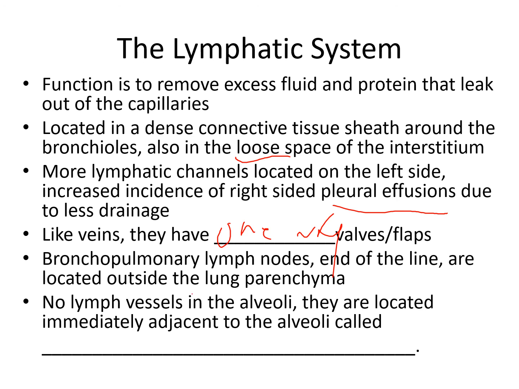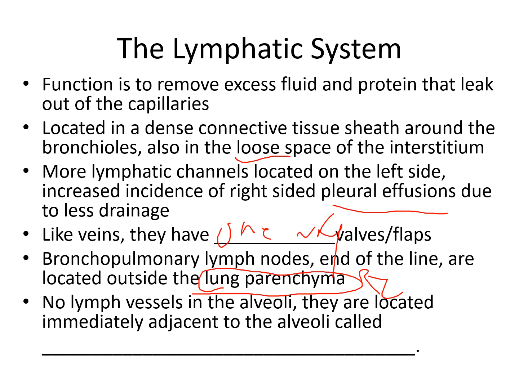Hey, what do you know about that term? Lung parenchyma, remember, is a synonymous term with the respiratory zone, the acinus, the functional unit, the terminal respiratory unit, and so on and so forth. So, hey, there's an alternate term there, and we've seen it in our own lecture. What do you know? There are no lymph vessels in the alveoli altogether. They are located immediately adjacent to the alveoli, and they're called, get ready for this,